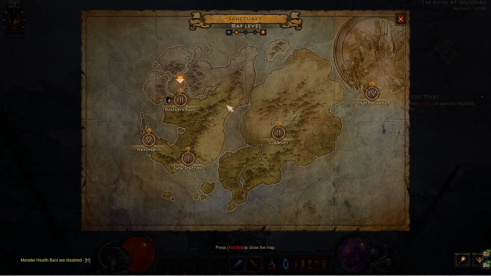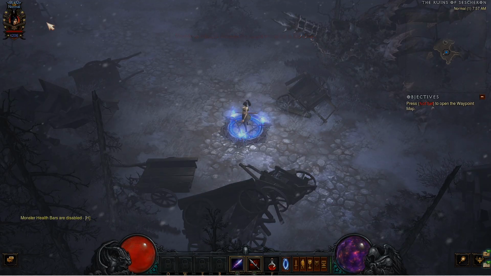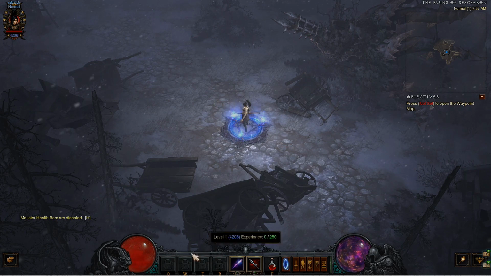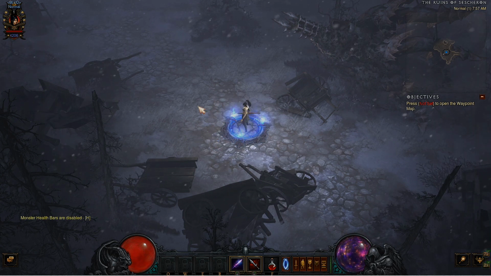And immediately what we're going to do is head over to Act 3, Ruins of Sescheron, and run and get the cube. You'll notice I don't have a follower with me, because even a bare-fisted Templar can actually kill things and get you to level. And my goal right now is to not level. I know it's a new season and it might be confusing, but we want to run to the cube because